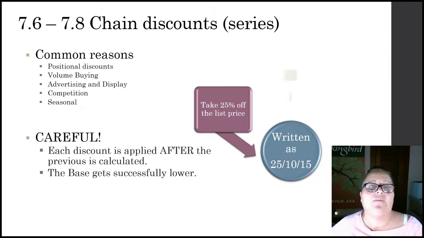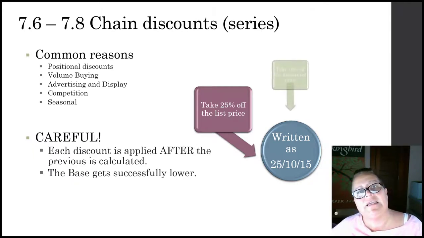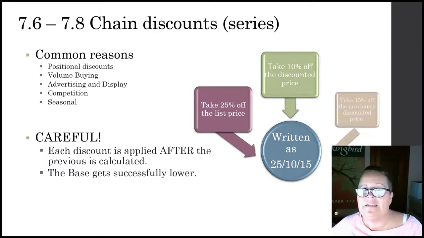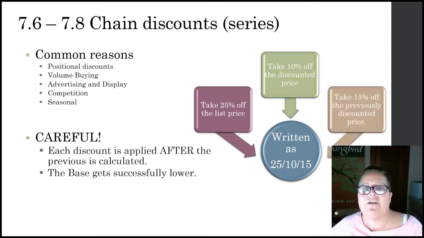Then the second number is 10%, and this will give you an additional 10% off of the already discounted price. So it will give you 10% off of the now lowered price. And then thirdly, we have 15% off of the already discounted price. So we took 25% off, and then we took 10% off of that. And now we're going to take 15% off of the remaining